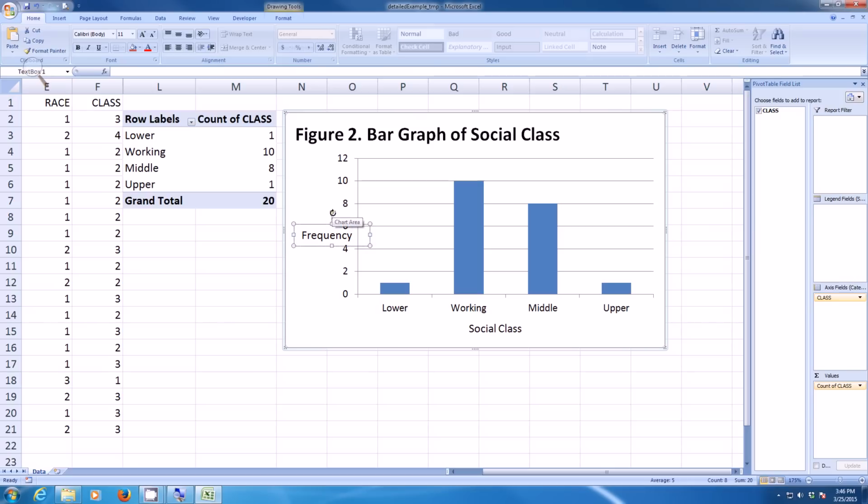And then if we use this little green thing, you can actually rotate this. It looks pretty good. And then we can just make one more text box for our source information and our total number of cases. So our source in this case, again, is the General Social Survey 2012, and we have a total of 20